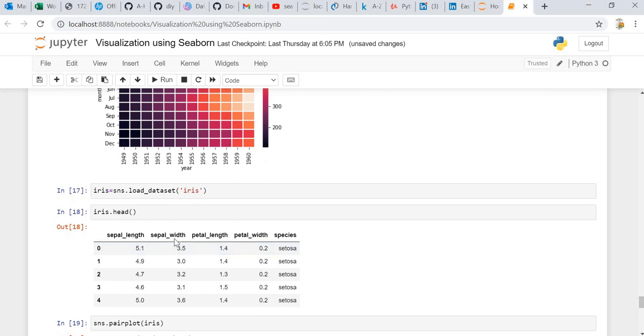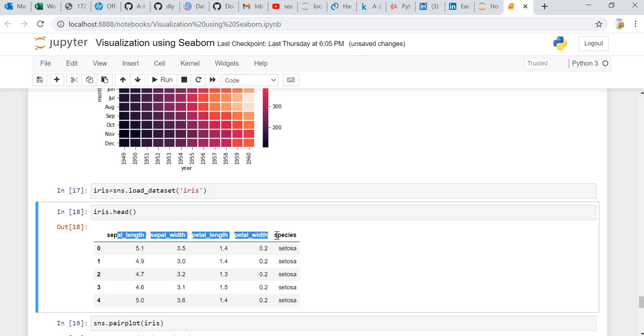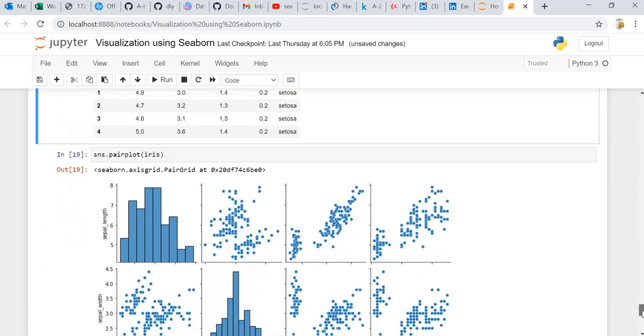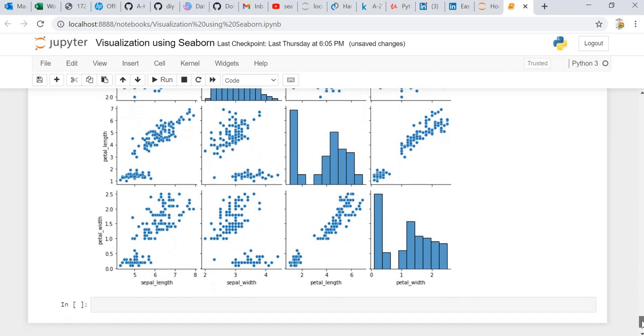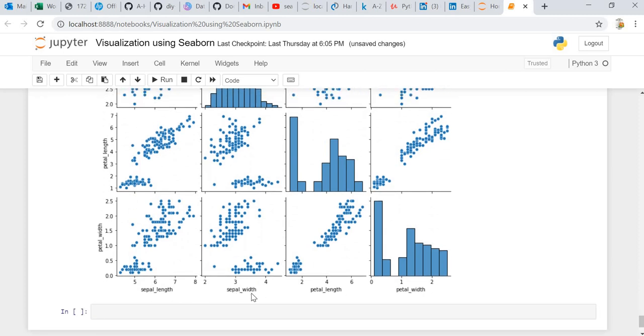Let's discuss one by one. 1, 2, 3, 4. These are the independent variables and this is the dependent variable. For each and every species we are getting the sepal length, sepal width, petal length and petal width. So it is giving us the relationship between the sepal length, sepal width, petal length and petal width of each and every species over here. You can see the sepal length, sepal width, petal width, and here the sepal length, sepal width. It is basically the correlation graph of each and every element with each other. Okay,